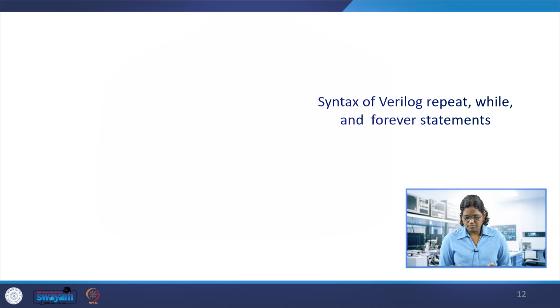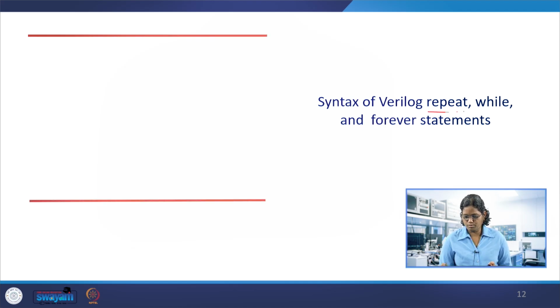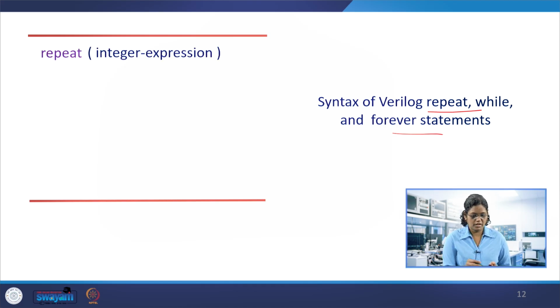So now some of the other loops: repeat loop, while loop, and then forever loop. Okay, so repeat, what is the syntax for it? Integer expression, that is, repeat how many times. It is going to be an integer expression, followed by the procedural statement. How many times you have to do the description given in the procedural statement.